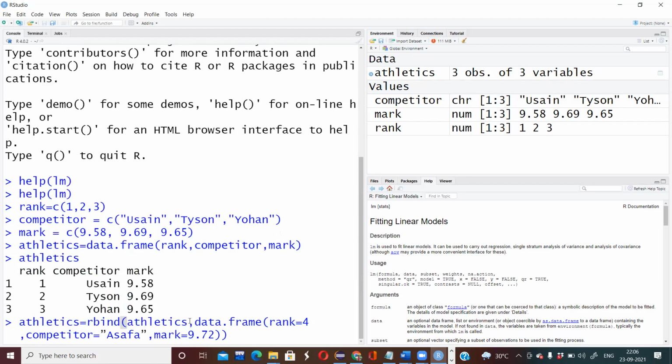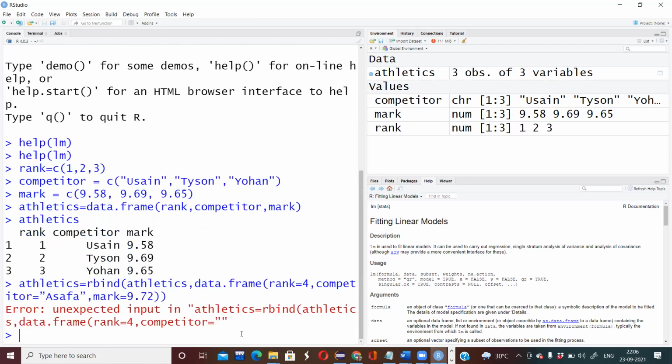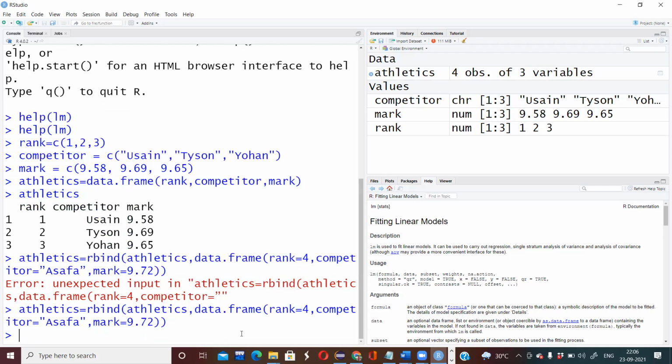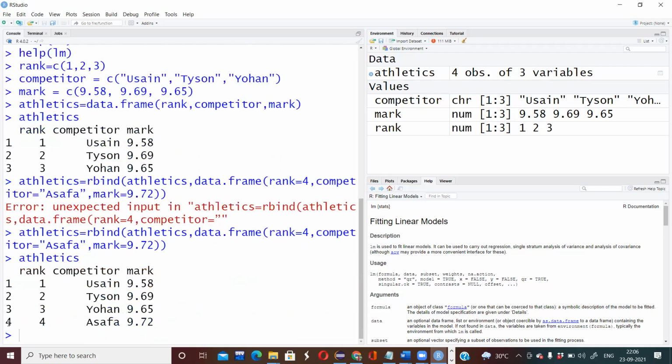And it should be added to which data frame? The data frame name is athletics, and this should be reassigned to athletics again. Okay. So here, maybe the issue is with the quotes, so I'll just rename it now. Okay. Now, if you try to print this one, you will have a new row added.